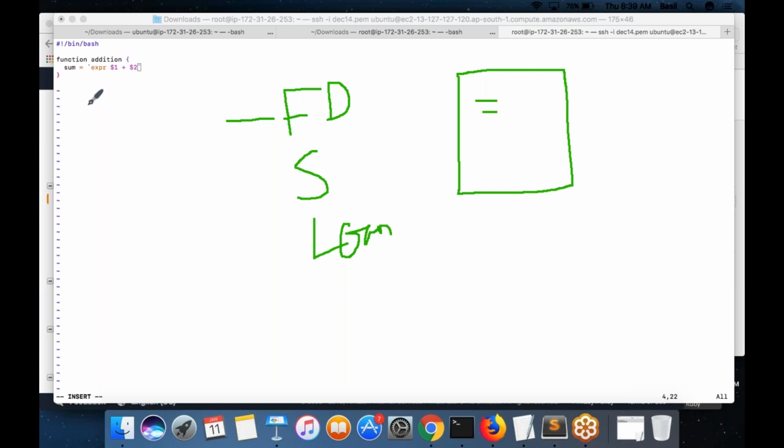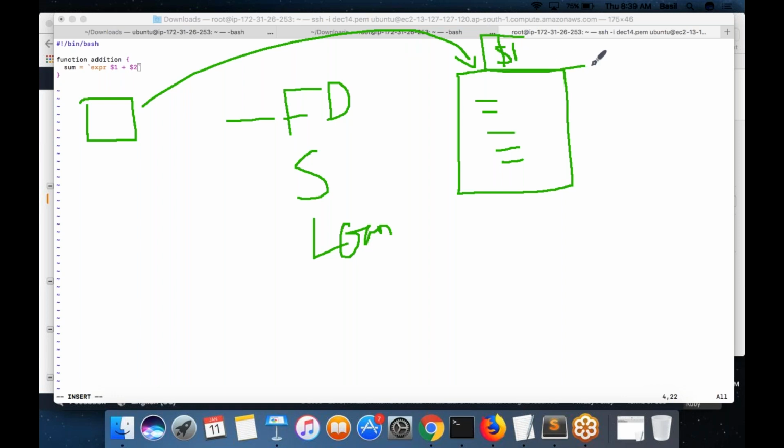So whenever you want to make an interest calculation, you call this function which has these calculations in place. When you call the function, you pass these arguments: it is a fixed deposit account, this is the capital amount, this is the interest rate. All these things you pass into the function. The function will receive those arguments as $1, $2, $3, etc., just like the positional parameters you have seen.